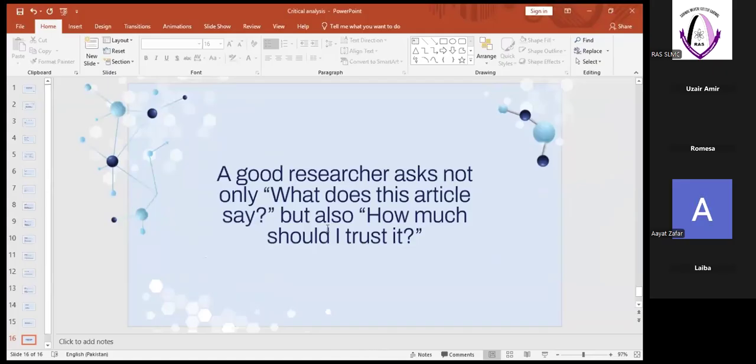There's a quote actually: research is not truth itself, but a structured attempt to approach truth. Every paper is a claim, not a conclusion. A critical thinker does not ask only what is written, but whether it deserves to be believed. So, dear researchers, aspiring researchers, please keep in mind you're critically analyzing not only published articles for your own sake, but also to make sure that the bad articles, the weak researches are eliminated from the system.